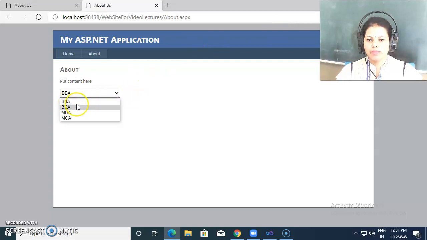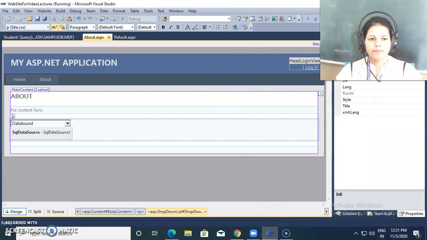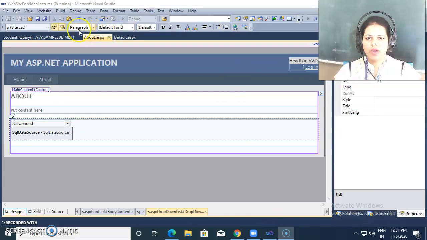See, BBA, BCA, MBA, MCA, only unique values we see here. So in this way we are avoiding duplicate values from the resulting data, and adding those unique values inside this drop down list.